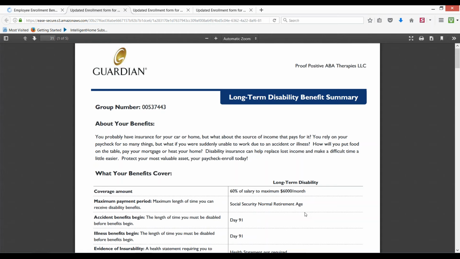But at the end of the day, this could be one of the things where you might just need money coming in just to pay your mortgage for the rest of your family. One of those things where there's car payments and college and all these different things. This benefit is going to be there to cover you, and it's going to pay 60% of your salary up to a maximum of $6,000 per month. And that's why the amount is so different.